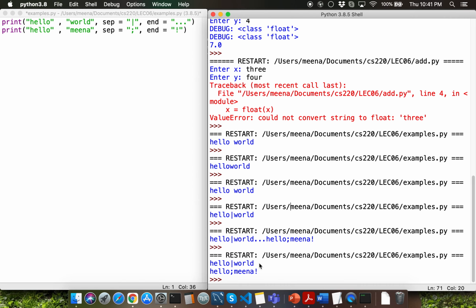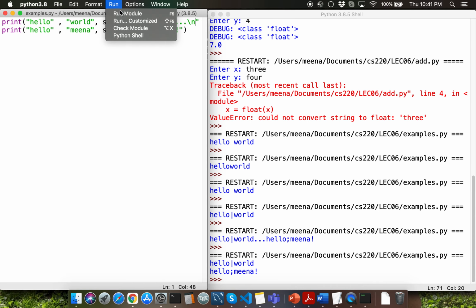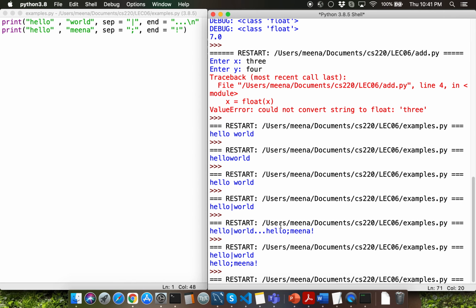That's going to be new line, correct? That's what we are overriding when we are passing the value as the argument to the end parameter here. So if you want to override the default end, always please make sure to add in the new line so that you're able to get the proper display that you want.